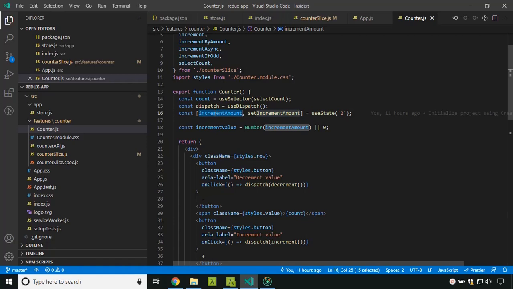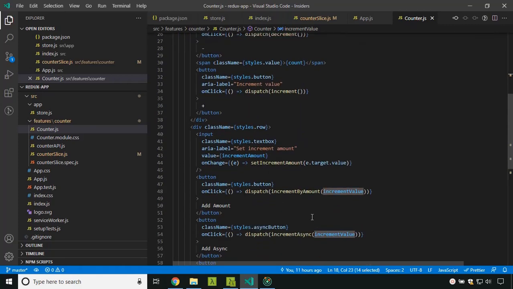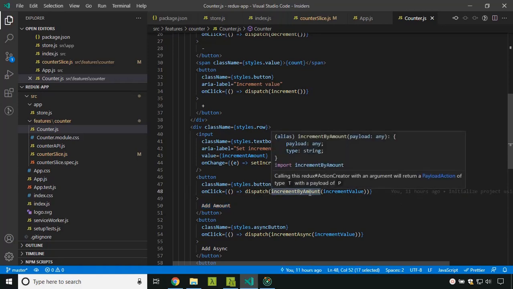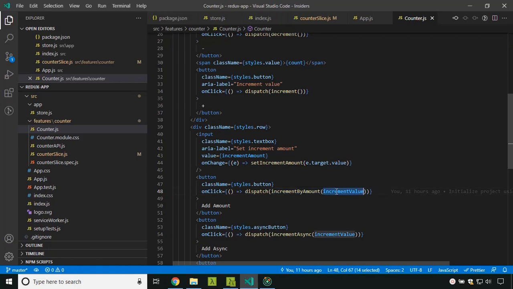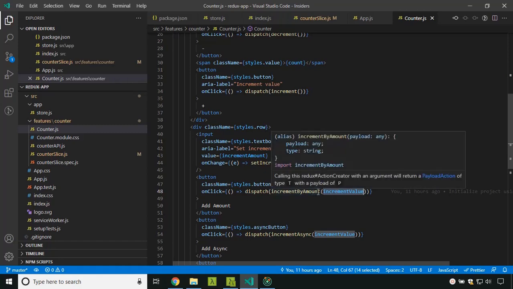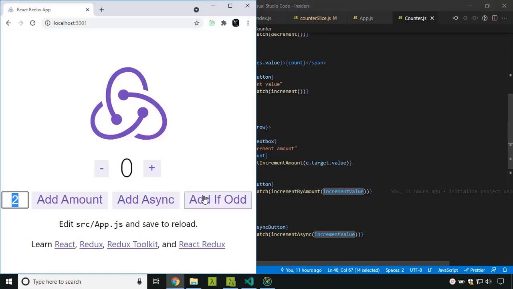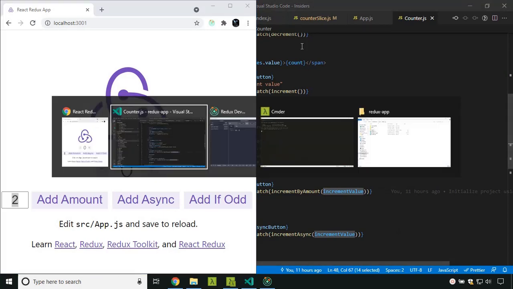We are assigning it to the incrementAmount, converting it to a number and using it in the increment value. Now when we press the add amount button, we are dispatching the incrementByAmount action creator, and inside that we are passing the value 2. This will be part of the action.payload, and it will increment the current state by 2. So now let's press our add amount button.